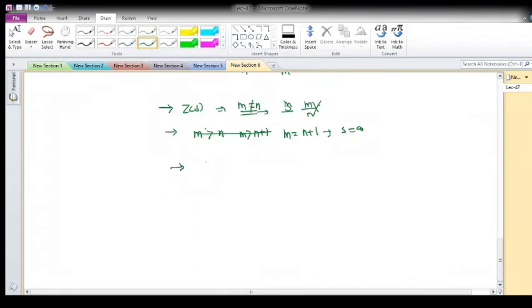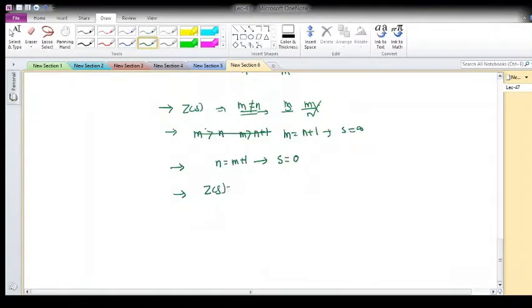Third point: if the degree of the denominator is greater than the degree of the numerator by 1, say the degree of the denominator is m plus 1, then there is a pole at the origin, s equal to 0. And again there will be poles on the j omega axis. So for the LC impedance function, there are poles at infinity or at the origin, when it is the ratio of m1 and n2, for example.